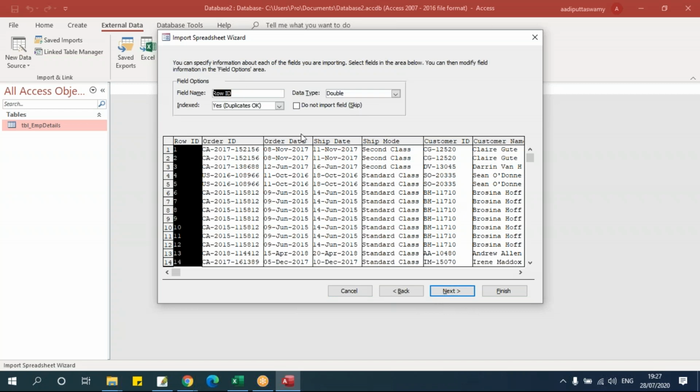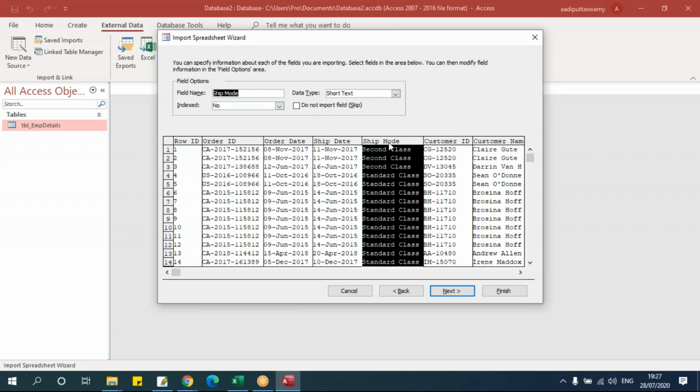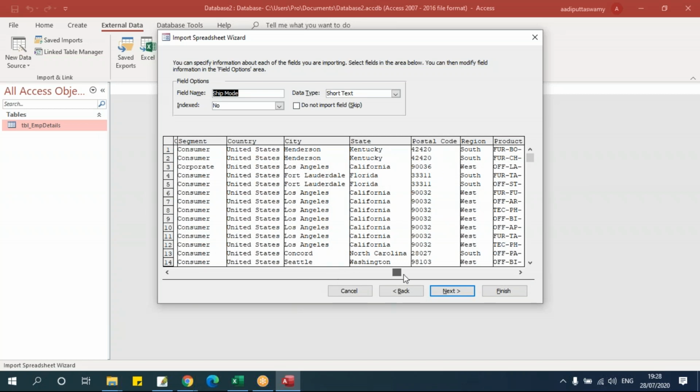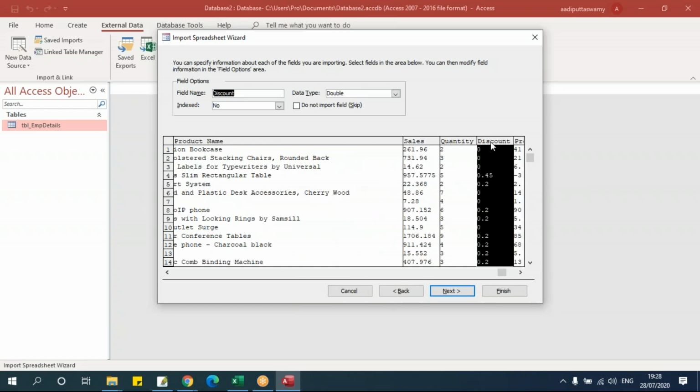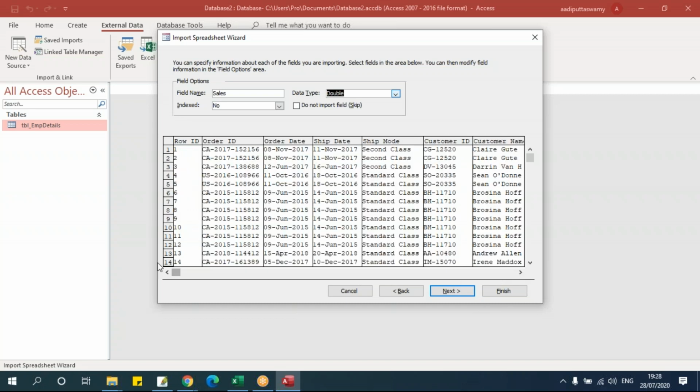Here it will give me all the data types. It will give me all the columns here, and here it says field name, then the data type. I can change the data type if it is not giving it properly. Access automatically gives me the data type. If you want to change this, for example, one of the columns here says discount, select this, it says double, or sales, it says double. I want to change this to integer. Just click on this and it will become integer. That means all the decimal points will be ignored, but keep it by default because automatically it will take the default value.